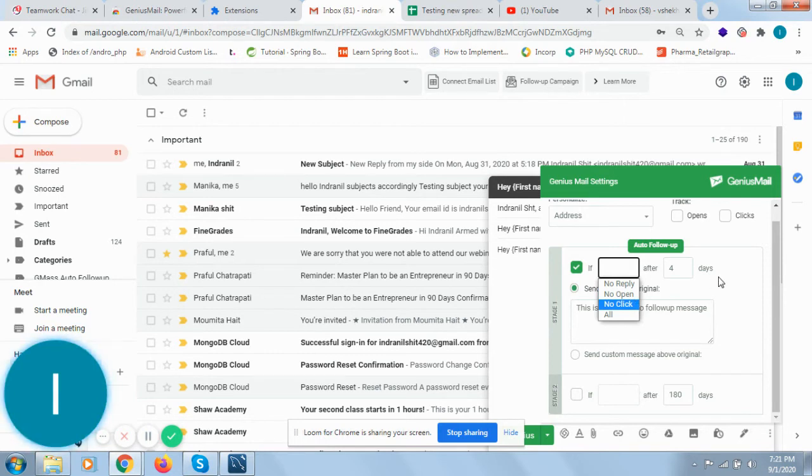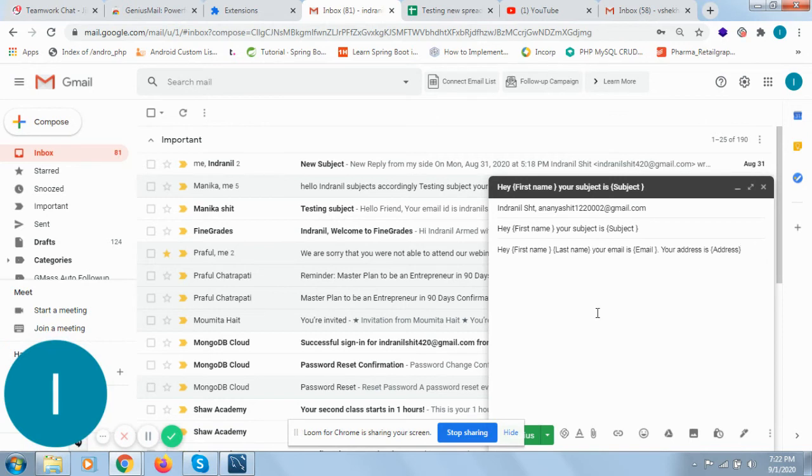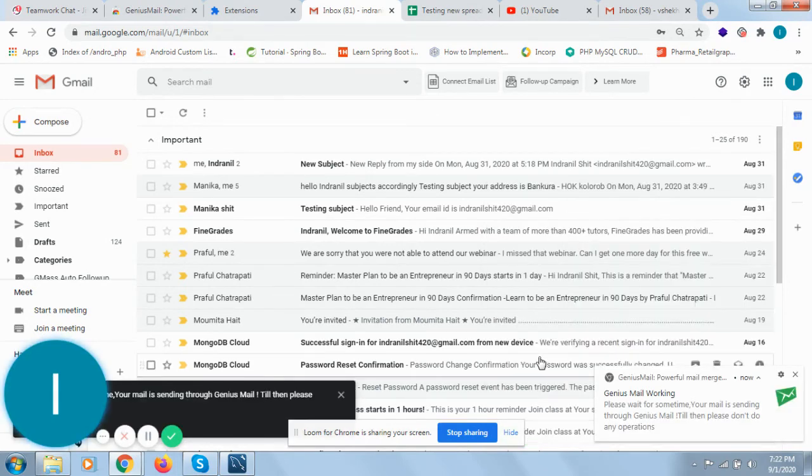If you are setting an auto follow-up system for your campaign, and someone has not opened, not clicked, or not replied to your mail, then within some days you can set an auto follow-up message for those email IDs, for those users. It will send an automatic mail to them. So these are the auto follow-up features. And by clicking on the sending button, you can send this mail.